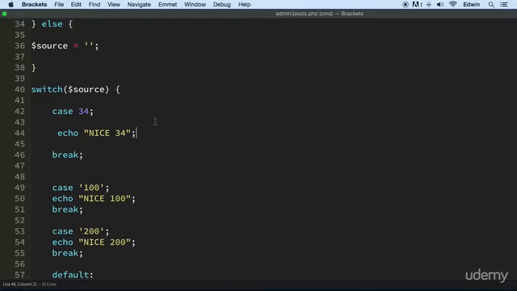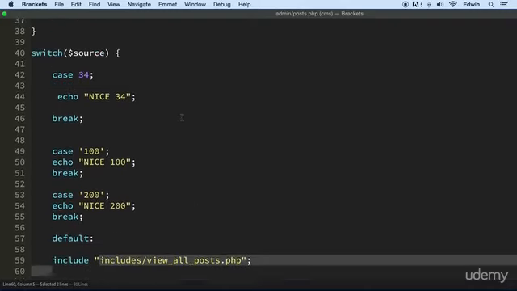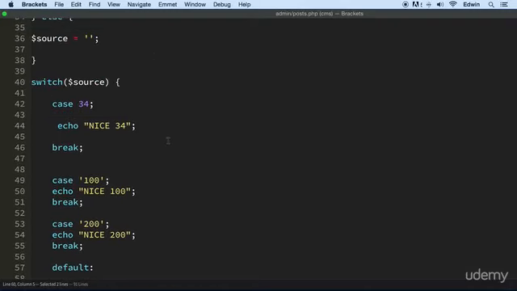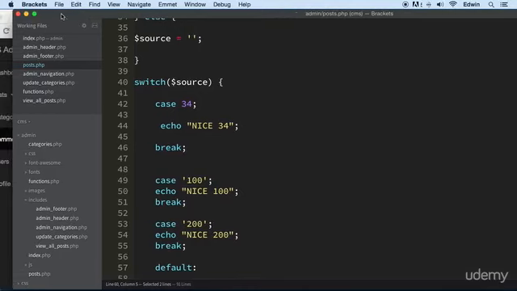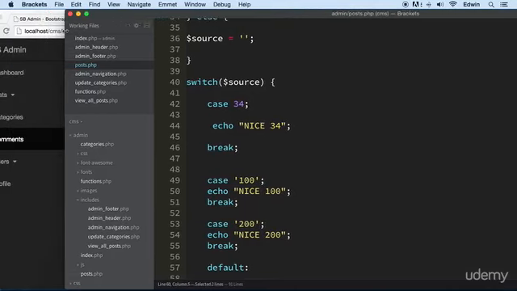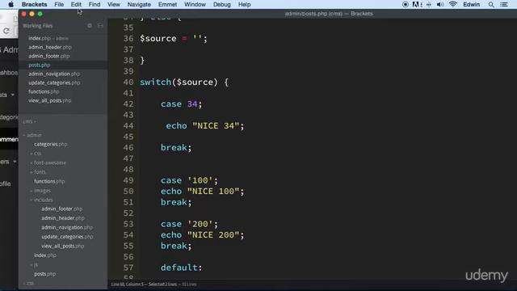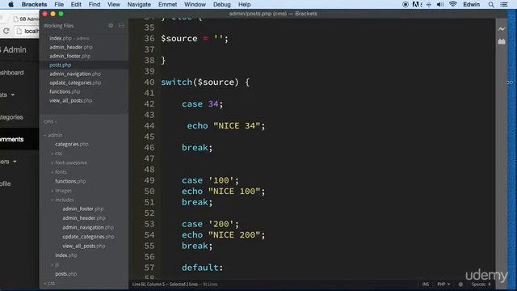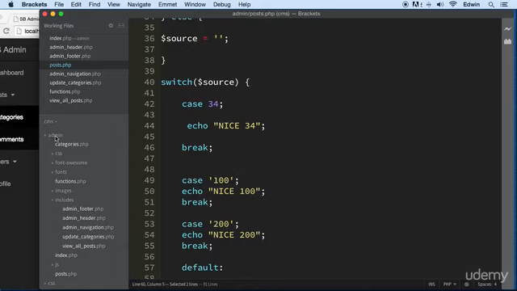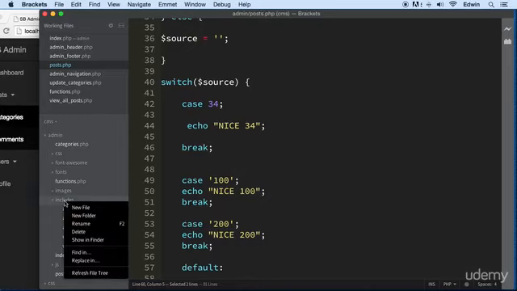What I really want to do is create another page and include it based on that condition on the URL. But let's go ahead and do that right now. Let's go to the admin folder. That's fine. Let's make this a little smaller here so that we can control it a little easier. This form actually is kind of big right here. All right, so let's go to the admin folder, and then inside includes, I'm gonna right click it and create